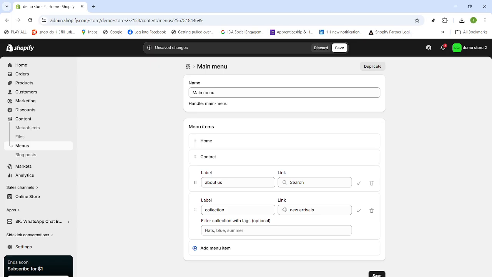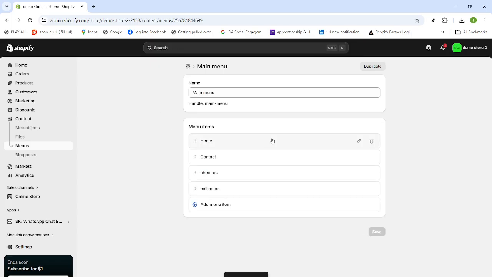When everything looks right, click Save to publish your changes. Saving locks in your edits so your storefront reflects the updated navigation immediately. That's it. Your Shopify menu is now clean, intuitive,